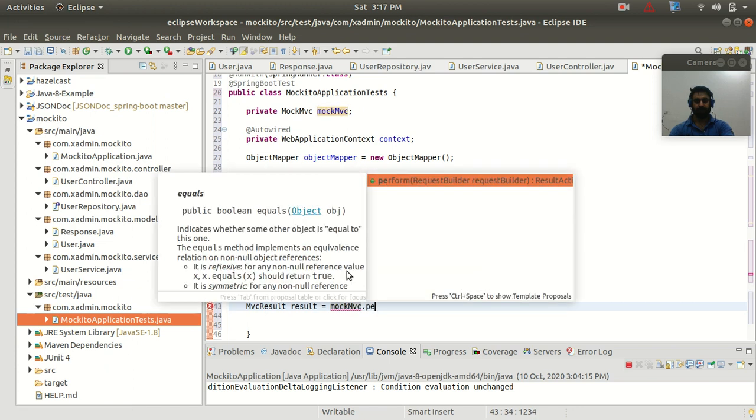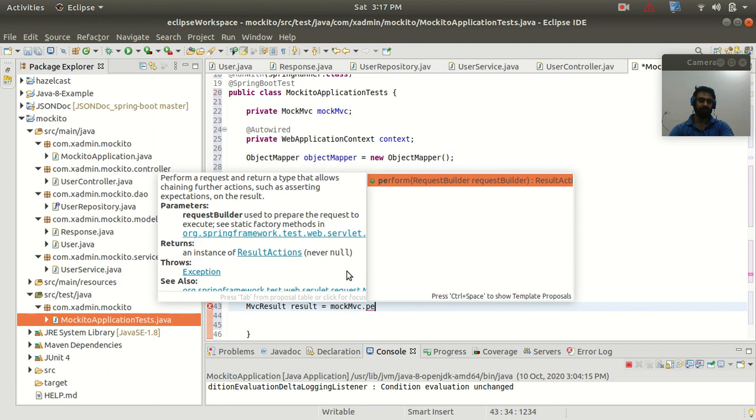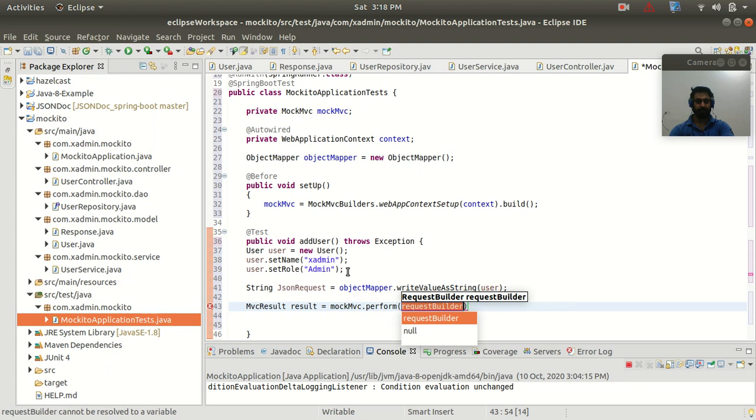And here we have the perform method, and you can see that it is taking the argument as a RequestBuilder, right? So this is the perform method, and here we need to pass our post method. And inside the post method as an argument, we need to pass our URL. So this is the root URL as user, and the post mapping URL was addUser, right? So this we need to pass here.